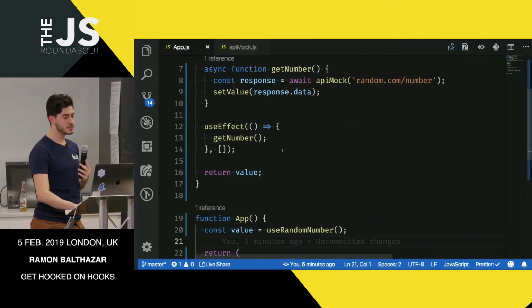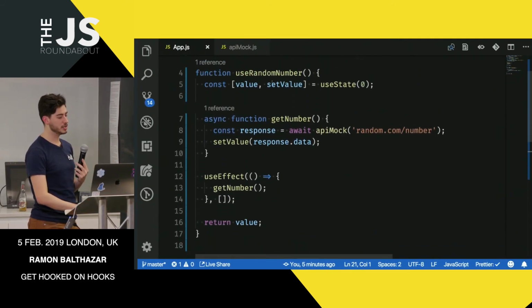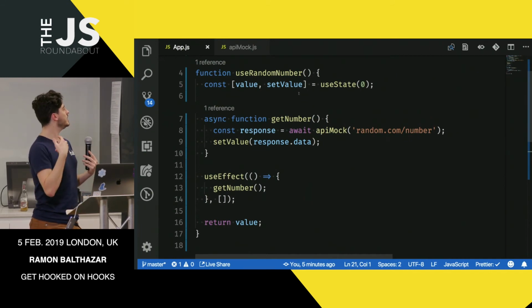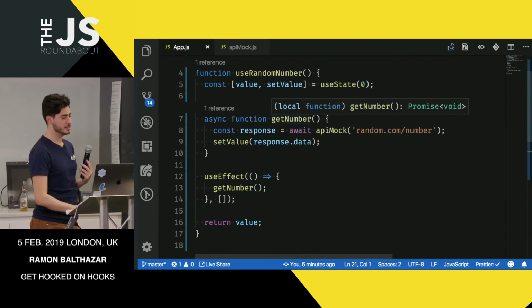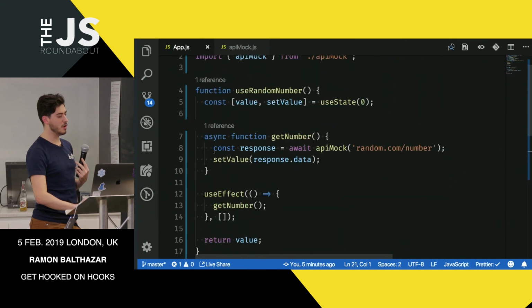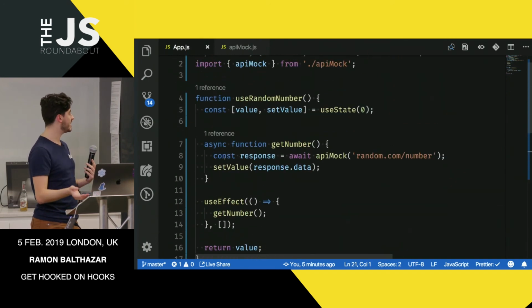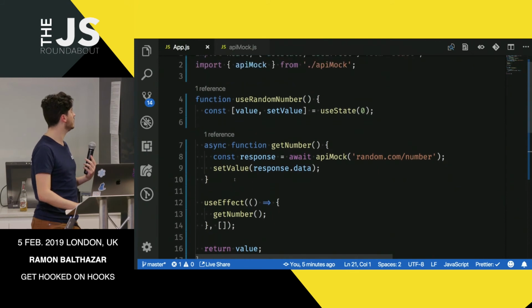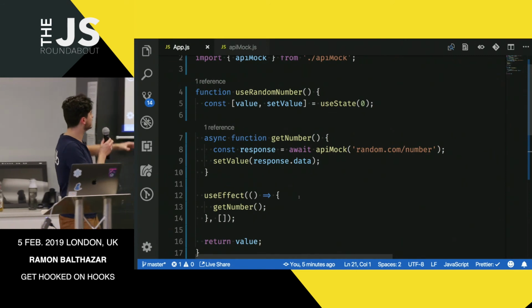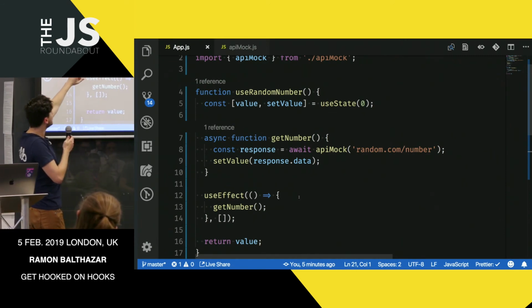You see here that I created this hook that sets state. If you look back to classes, it has a lifecycle method and what would be a class method, and you could do a lot more here. This is very simple, but you can see that all that logic is condensed inside one place.